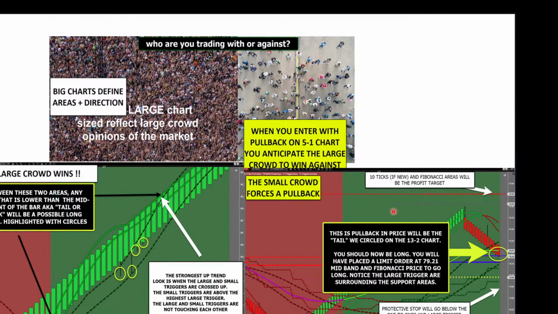Large crowd sets the pace, gives the overall opinion. Small crowd fights the large crowd. It's just what they do. They can't help it. And they create retracements. They create that movement that you see on the smaller, faster chart. This retracement, when created by the small crowd, typically fails 70 to